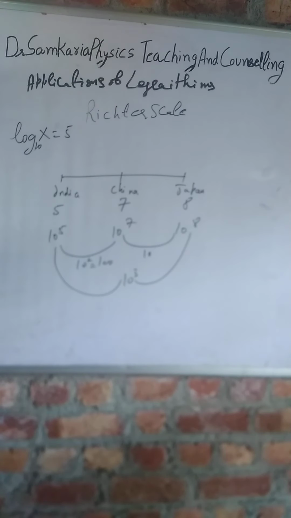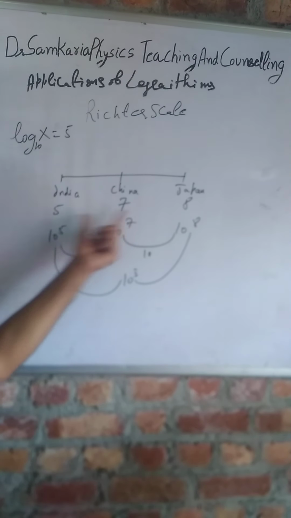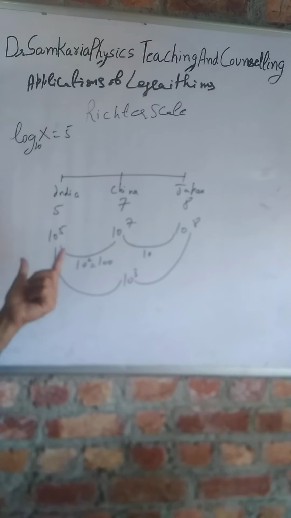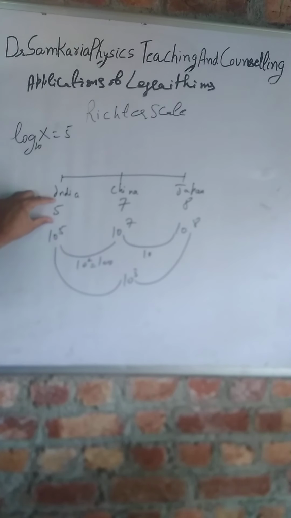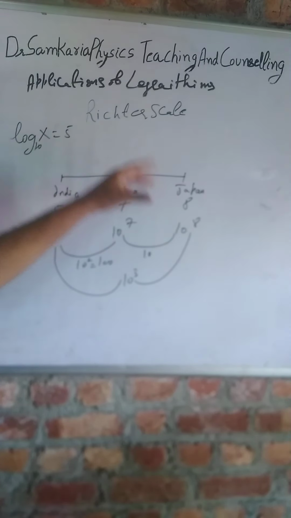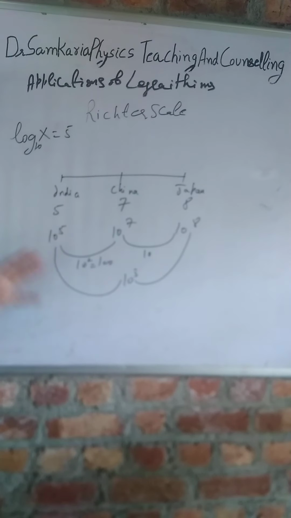So that's why you have seen that sometimes an earthquake of magnitude 5 causes no destruction, whereas earthquakes of magnitude 7 and 8 can cause massive destruction. If you see it from only 5 and 7, the difference is not very much. So you cannot expect why one causes no destruction and the other such massive destruction. So now we are getting the point that this is basically because this 5 means 10 to the power 5, because this Richter scale is a logarithmic scale.